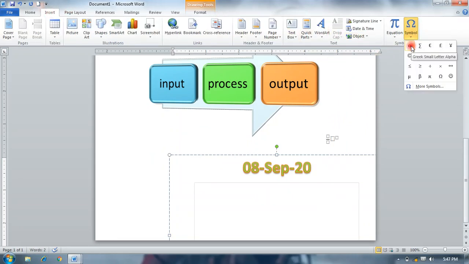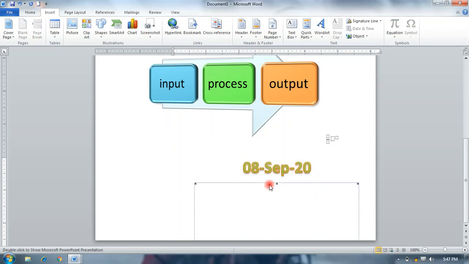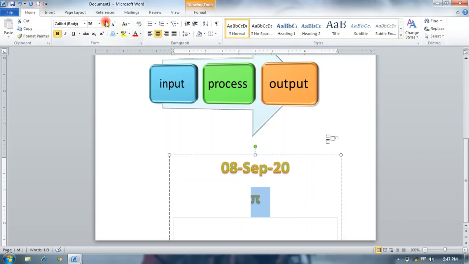We can put any symbols in your document. You can put any symbols from this, like this pi. We select pi, so we can insert pi. So this is your insert group.